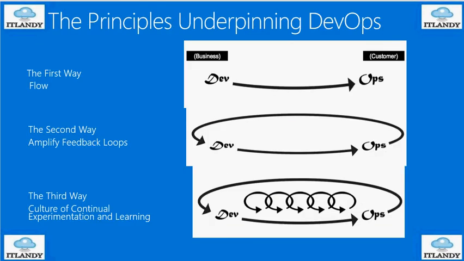the principles underpinning DevOps: the first way, flow, is important for us. The second is amplifying and getting feedback loops, and the third way is the culture of continual experimentation and learning. This means, from left to right, the value stream for business and customers is the flow of work: lead time, metrics, code committing, running in production,